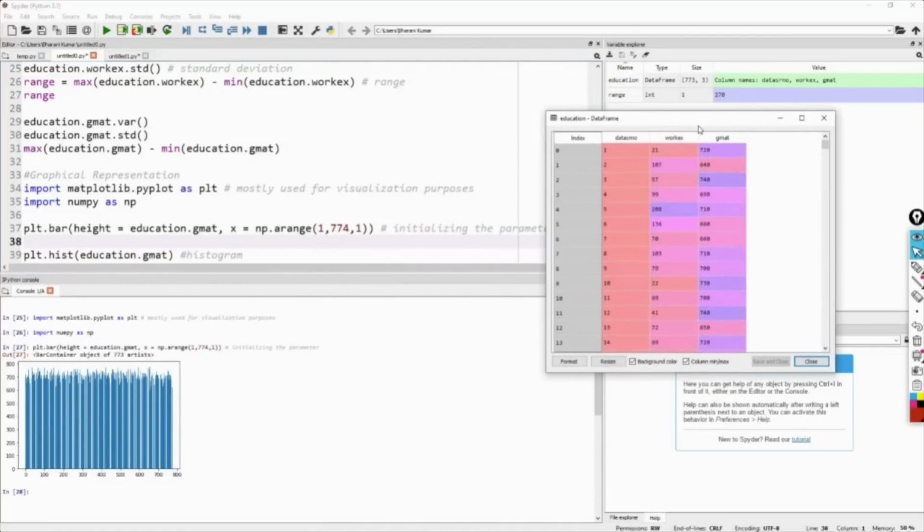We cannot draw any meaningful insight from this bar plot of the GMAT scores of 773 students. Hence, people came up with another plot,